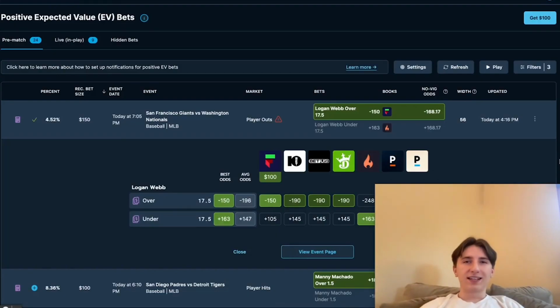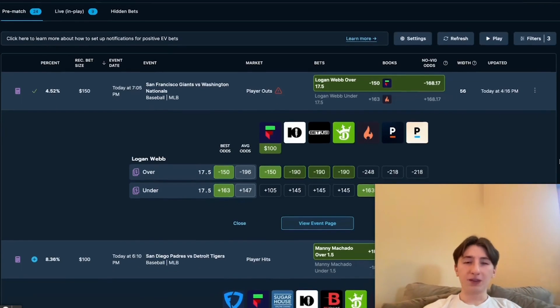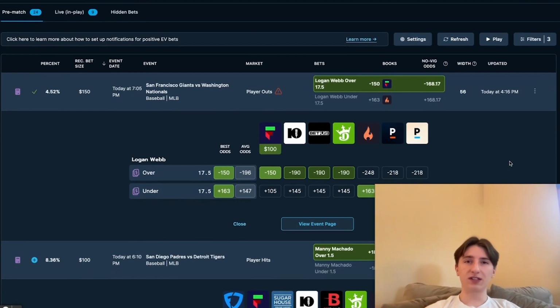All right, so like I said, if I really had to choose between overs and unders, I would lean towards unders, but the reality is it really depends on the game, depending on the bet. So let's talk about a far more reliable strategy that you can use to find profitable bets instead of just trying to guess between overs or unders or assuming the market's swinging one way. The best way to find profitable overs and unders is to compare lines across sportsbooks.